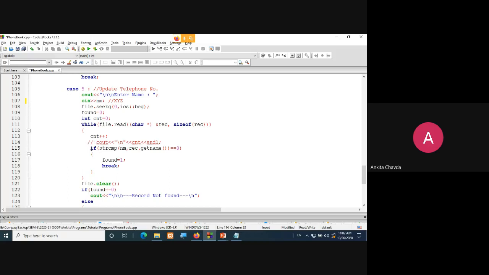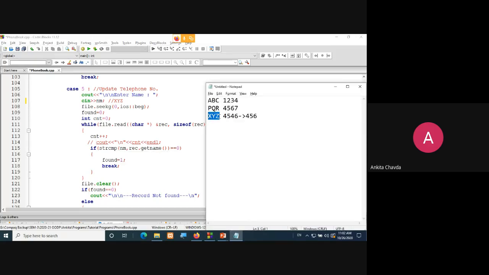Now if string comparison, because first you need to search that record, right? If I want to update this XYZ, I need to search first. So it is very similar to my case 3. I'm searching via name. So first I'll search, I'm getting this contact number or not. If it would be there, XYZ is there in my contact list, my file, then and only then I can modify it. No, if it is not there, then how can I modify it?